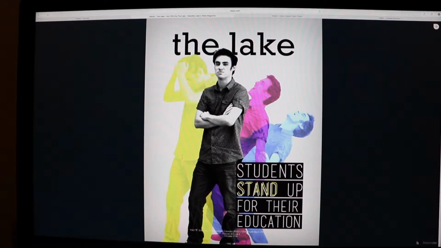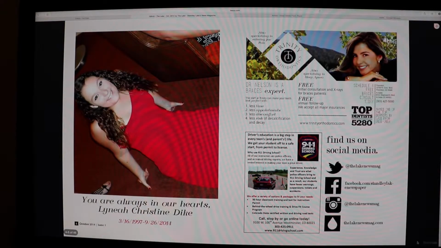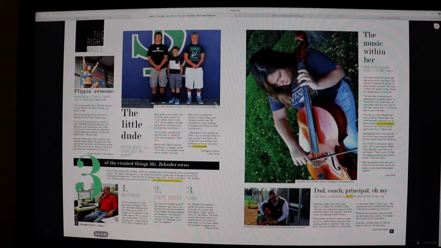Today we are going to spend some more time with our friends at Stanley Lake High School and take a close look at their concept, their placement, the rhythm of their pages, and really the way that they balance images to create a concept for the magazine. Looking at the first couple spreads here, we can see the theme, certainly using our lead art, our wonderful alternative